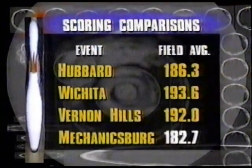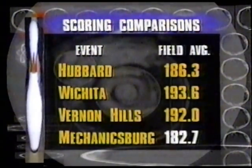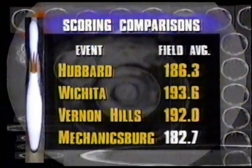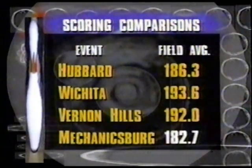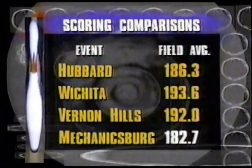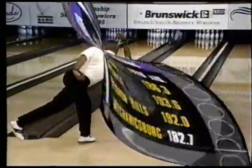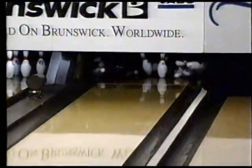Something interesting, Earl, the scoring comparisons from our last 4 World Team Challenge events. Yeah, this is the full field now at each event, and it's kind of interesting how the first one at Hubbard, as you look at that, well, actually that's the first one, that's right. That was on a wooden surface. The last 3 have been on synthetic, so it's...